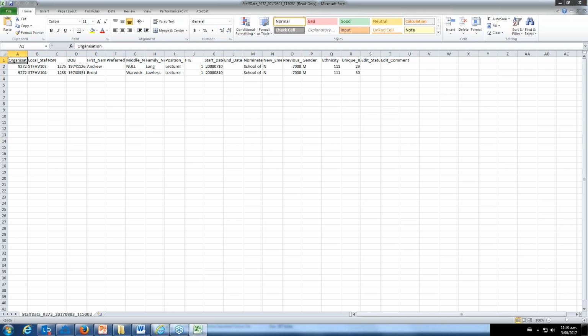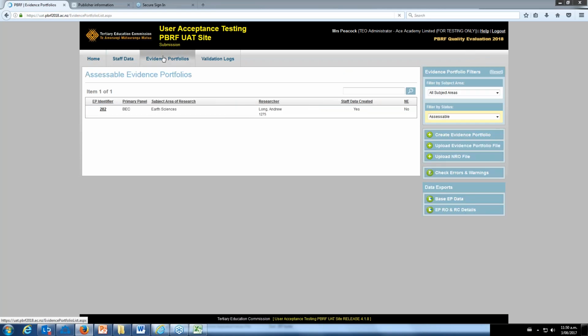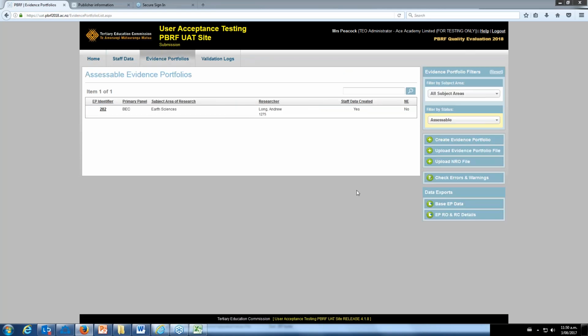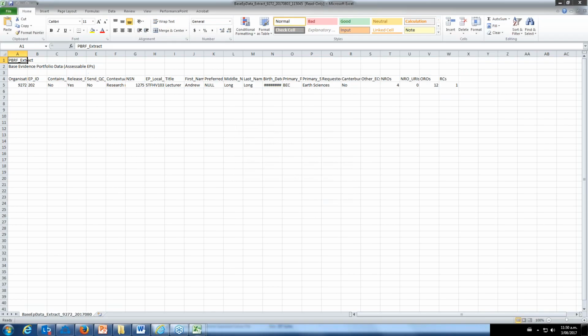And there we are, it's exported into Excel for us. In terms of other reports that you can run, if we go back to the EP tab, we can export base EP data. It's not going to be a lot to show right now. So this gives you a bit of a summary of the